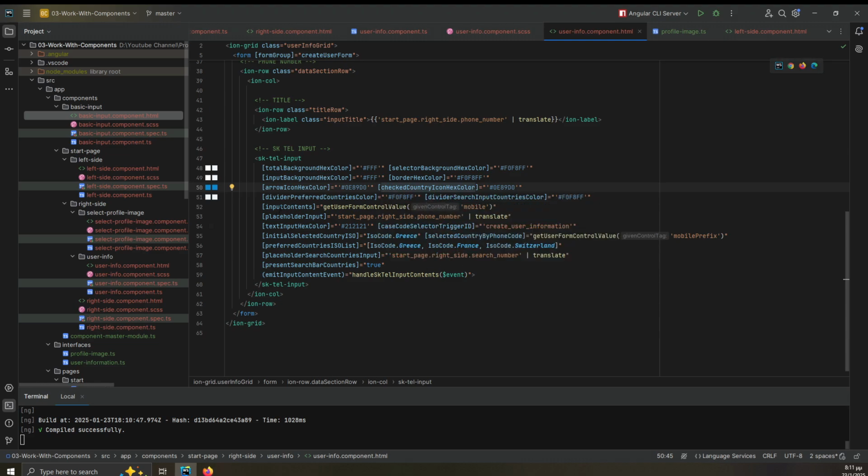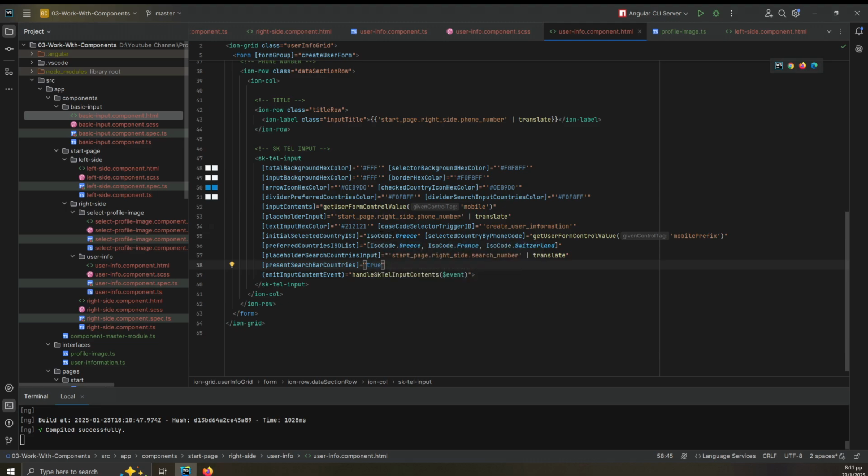Of course, again, we have the input contents and we give the control name for the mobile tag, the placeholder input for the input, and then again we have the color of the text that is going to be written by the user, an ID for the popover right here, and here we have the initially selected country,